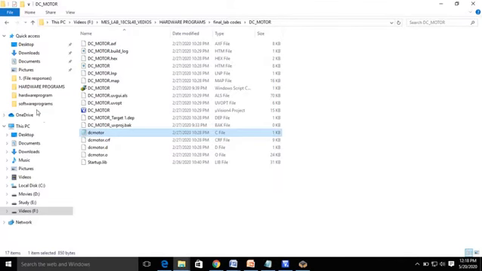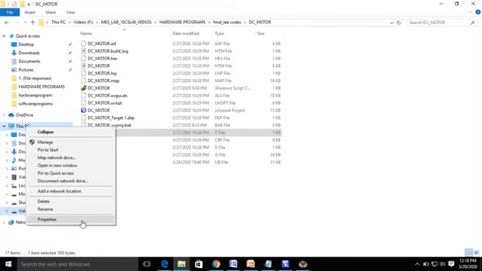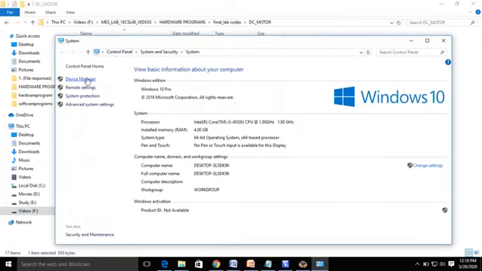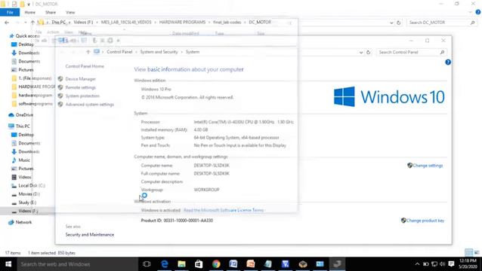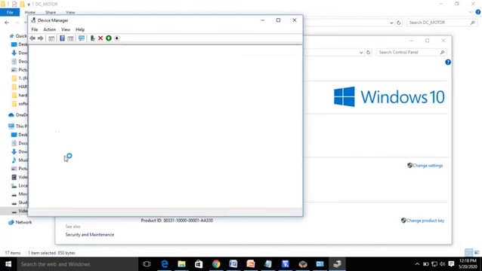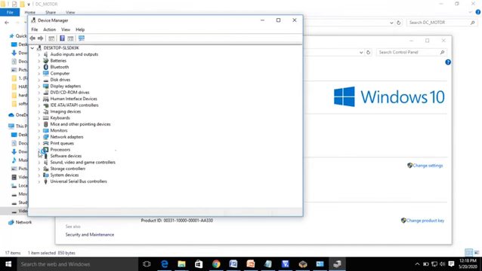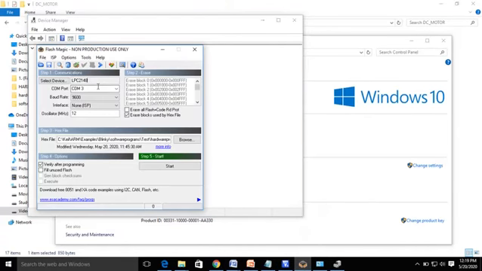You need to right click on My Computer, go to Properties, then Device Manager. In Device Manager, if the hardware component has been connected, you will get that particular port before the processors. Whatever port name is mentioned there, whether COM1, COM2 or COM3, you need to select accordingly. Next, set the baud rate to 9600, the interface to ISP, and the oscillator to 12. So this is step number 1.